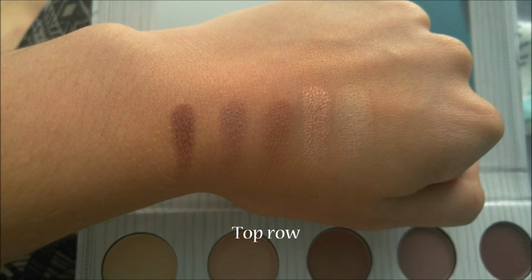Now for consistency. If you've seen any of her tutorials, she does use these with brushes that are wet. You can use Fix Plus. You can use water. I have my Mario Badescu rose water spray that I like to spray my brushes with. So I do like to use that when I am doing my looks because it just gives more pigmentation. Now pigmentation for this, when I swatched them with my hands, which I'll insert swatches,